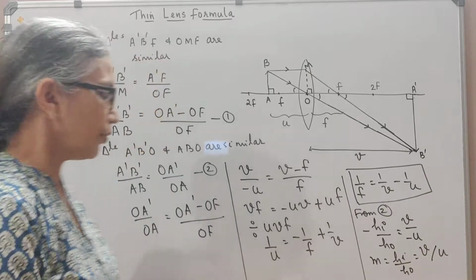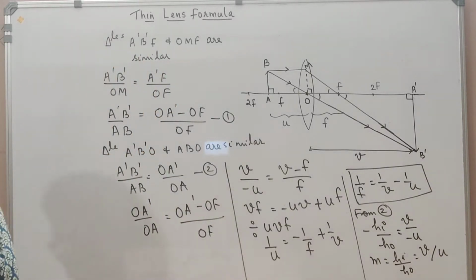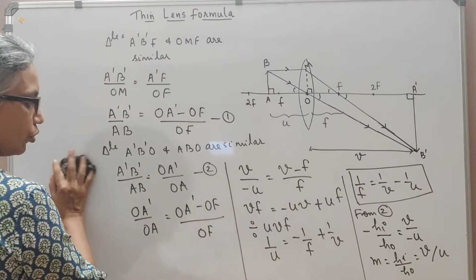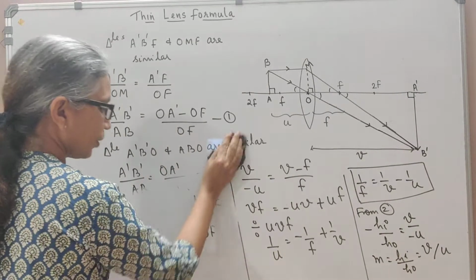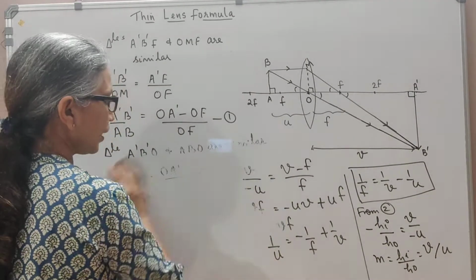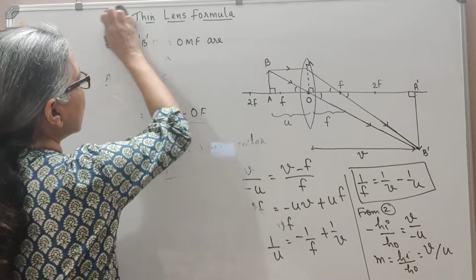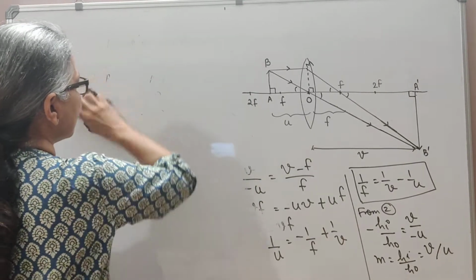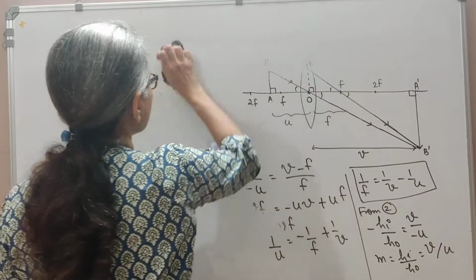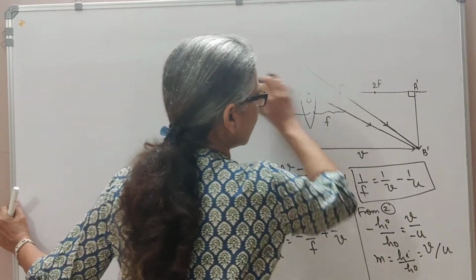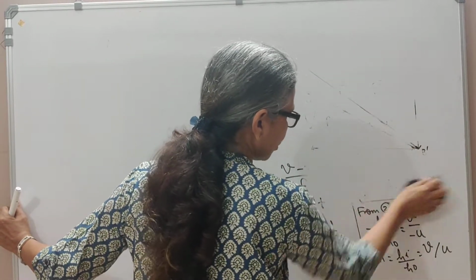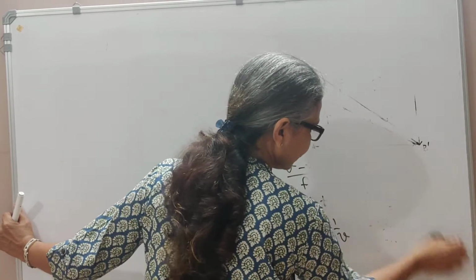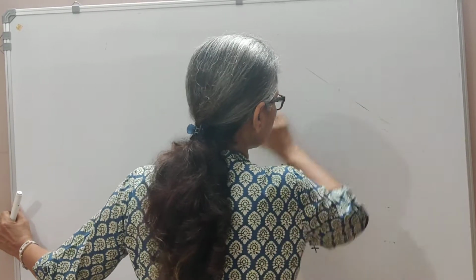Okay. After this, we go on to the power of a lens, which I'm sure you know already from 10th standard. Power is defined as the reciprocal of the focal length of a lens. So the same thing, but in a slightly different manner, we need to arrive at that definition when you are in 12th standard. So what we do here is,